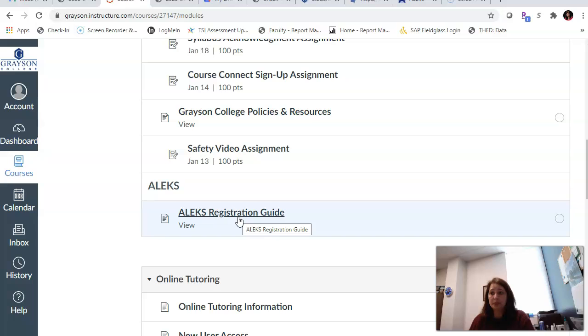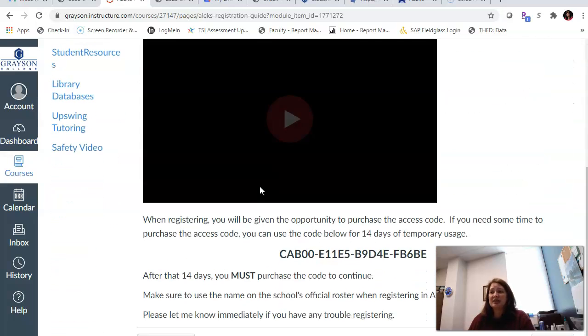We'll work something out. But until then, there is a financial aid or a temporary access code here. But I don't want anybody trying to register for ALEKS today. Again, we will walk through that on Tuesday morning at 8 o'clock. Mr. Eaton and I will both be on the conference at 8 o'clock Tuesday morning.